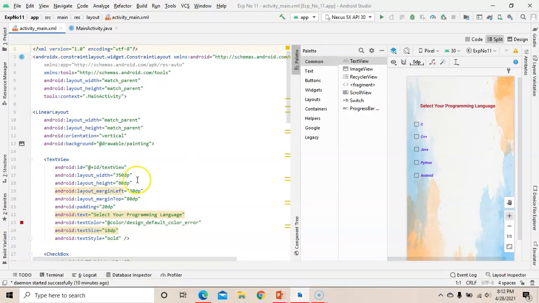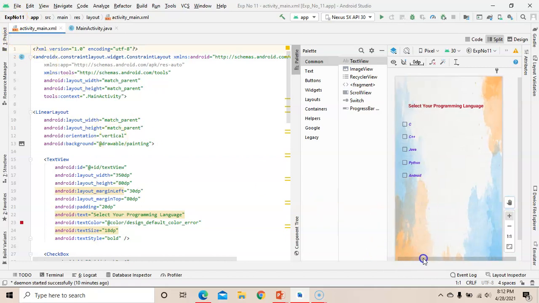Now first of all, create a new project. This is experiment number 11, so give it the name experiment number 11. This is the user interface. Select your programming language. Here we have used the linear layout.